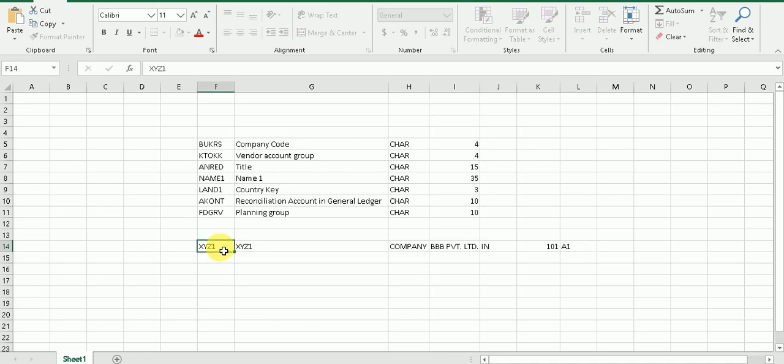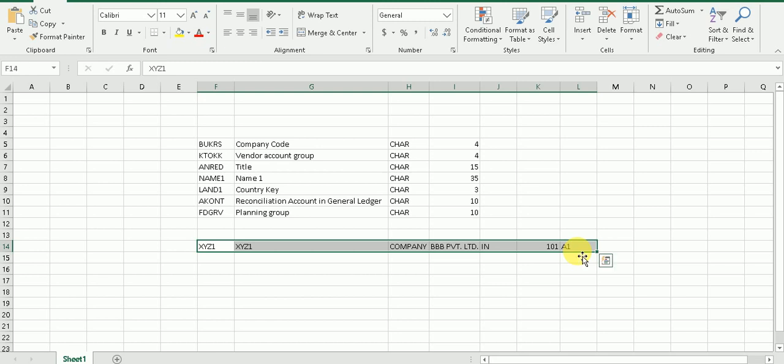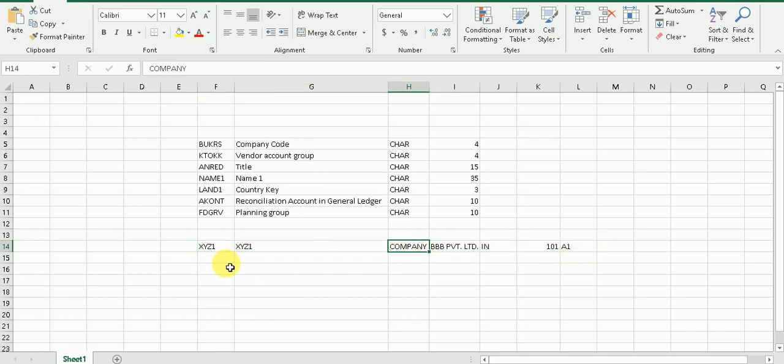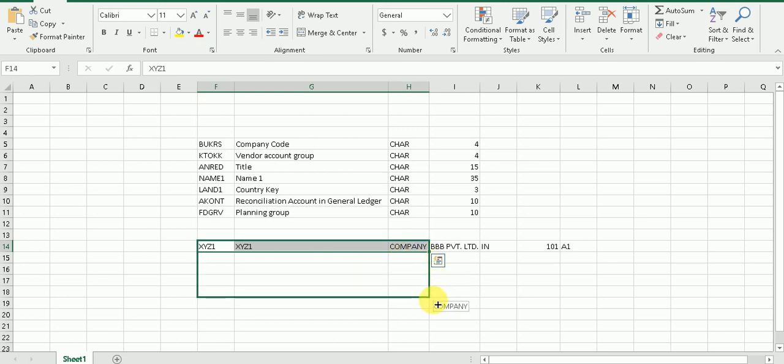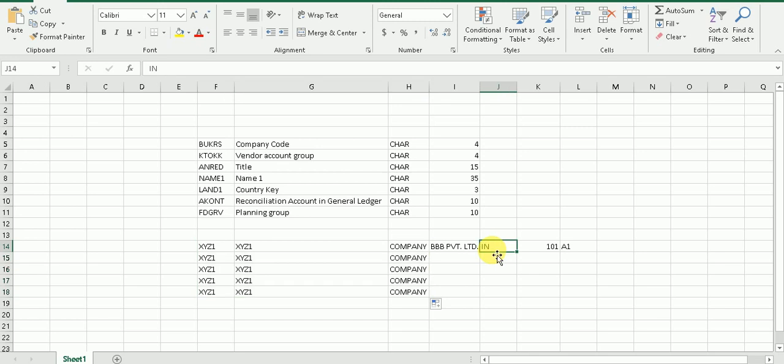So I can create lots of companies, lots of vendors. So these three details are common in everything. So copy it, drag it, and copy this, paste it, and then copy, paste, and drag it.